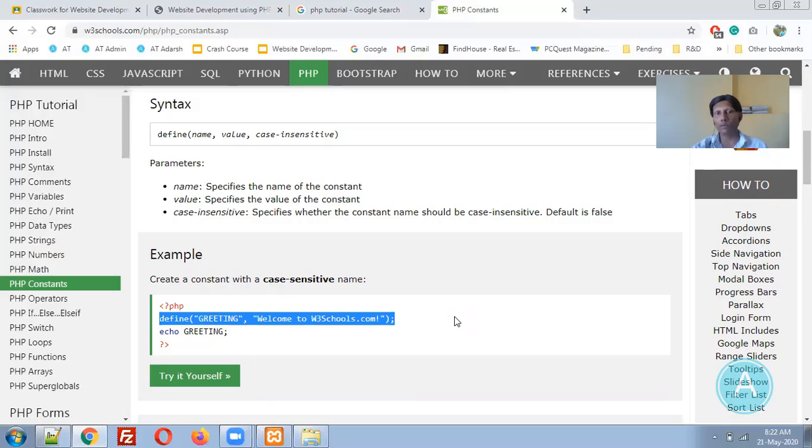This is just a first-time setup of a particular variable. Later on, you can use it to display that value, but we cannot change the value. Generally, it is a norm that whenever you declare a constant, please write it in capital letters so that we can identify this is a variable, this is my constant.